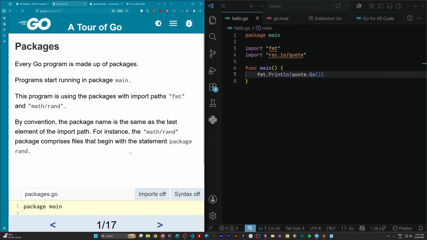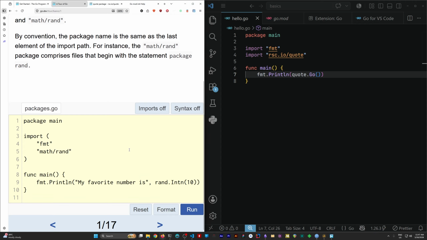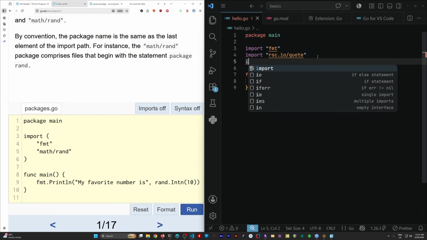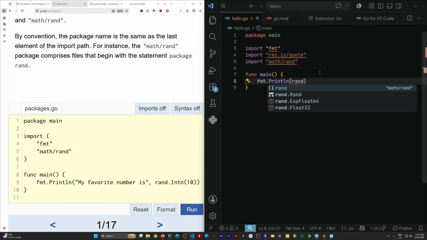Import fmt. Random number. Okay, rand.Intn(10). So let's print. Okay, first import math/rand. Rand.Intn